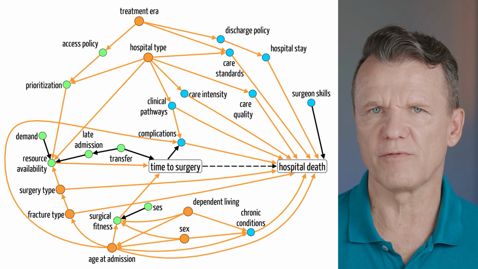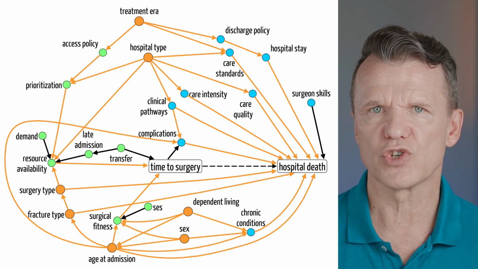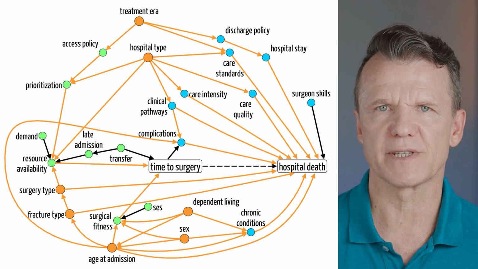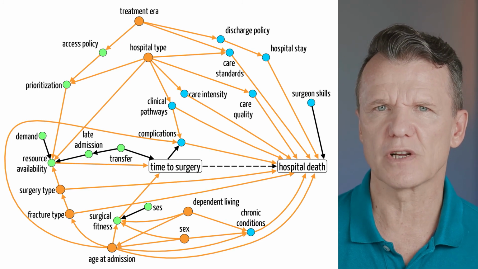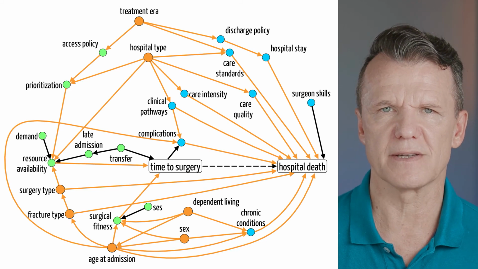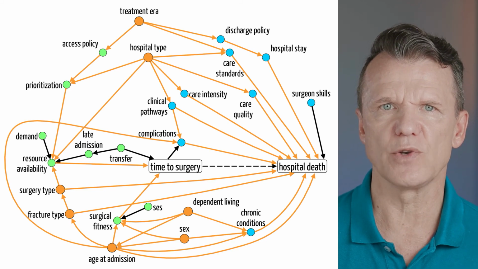Let's look at this graph again. One arrow shows the preoperative time directly affects postoperative mortality. Not surgical complications here, they mediate the effect of timing on mortality. In my next video, I use this taxonomy to explore causal diagrams.